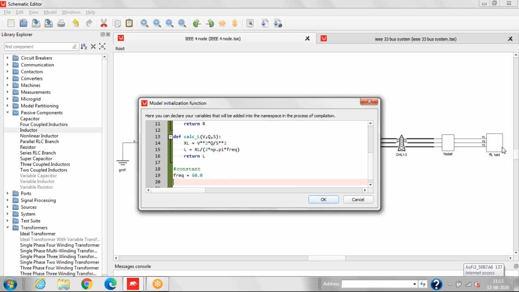So for that we'll do the phase load calculation. First we'll write the comment. For the phase one load configuration, we'll define the P1 power, active power, then the power factor, and then we'll calculate the apparent power and the reactive power so that we can calculate the R and L values.